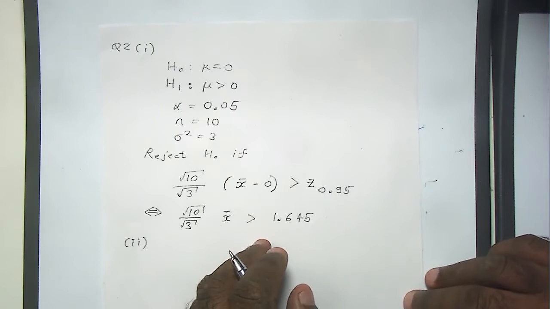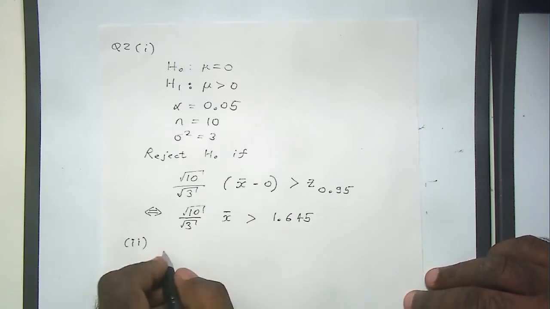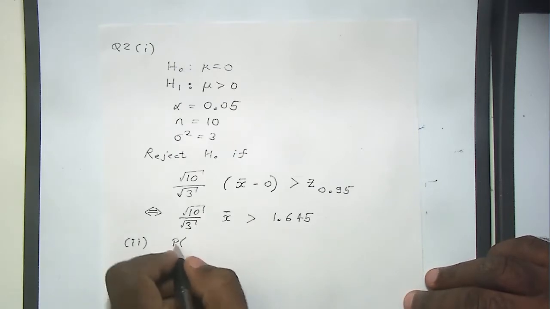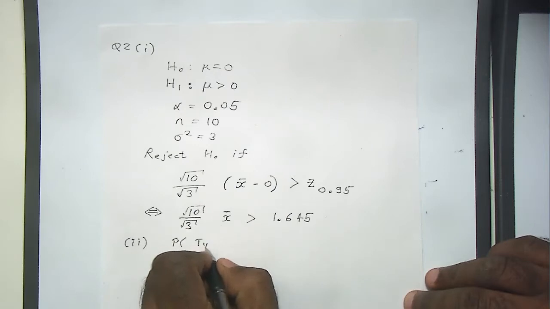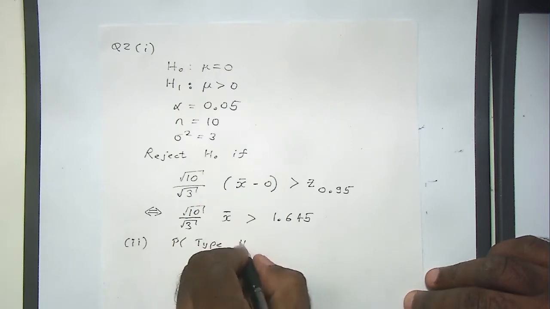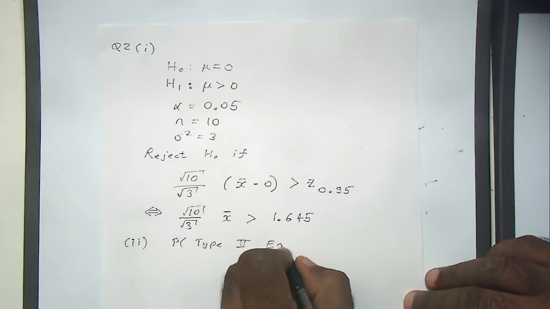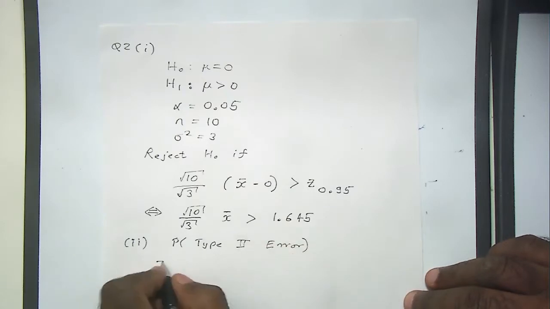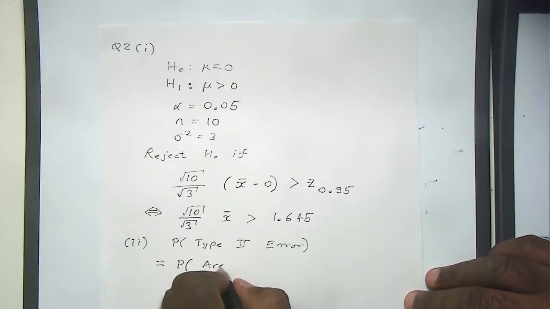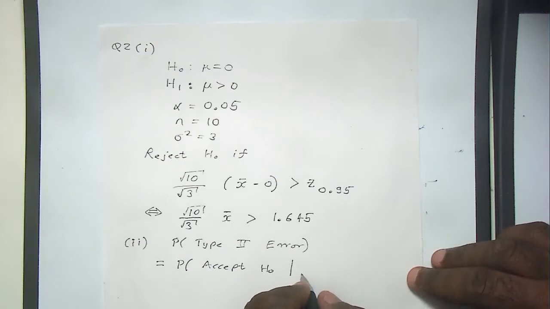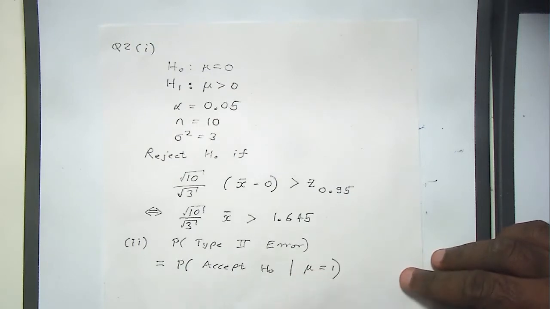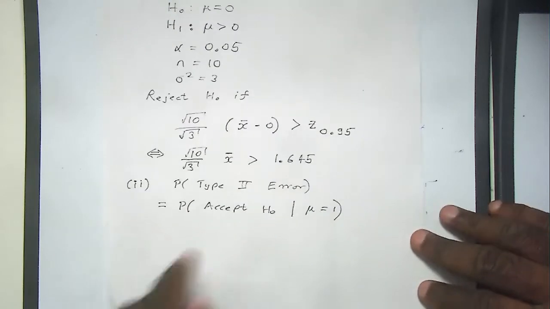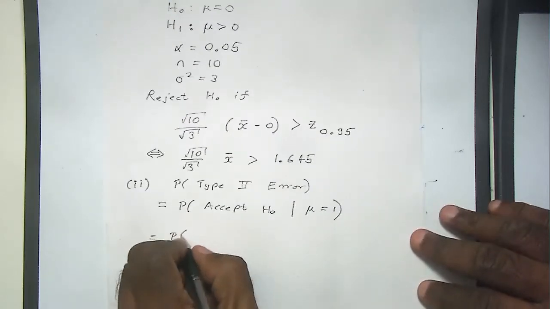equal to 1. Alright? So we want, remember, the probability of type 2 error. I talked about this before the Easter break, you may remember. I know it's too long ago. It's the probability of accepting the null hypothesis when H1 is true, which is, in this case, we are taking mu to be equal to 1. Right? So this is the probability that